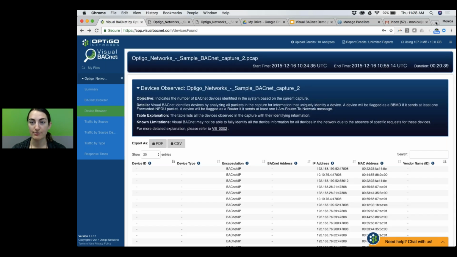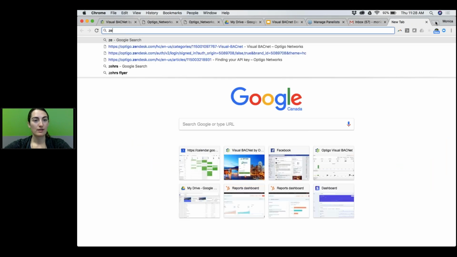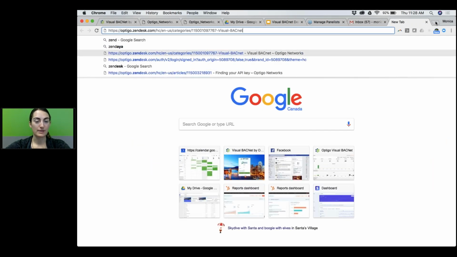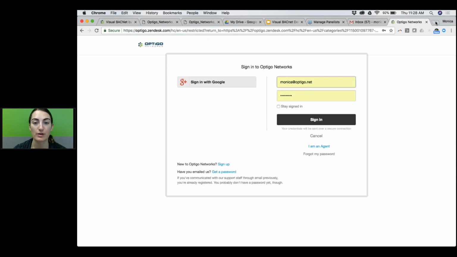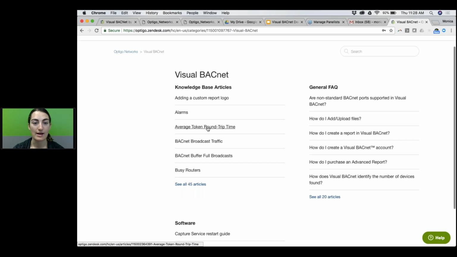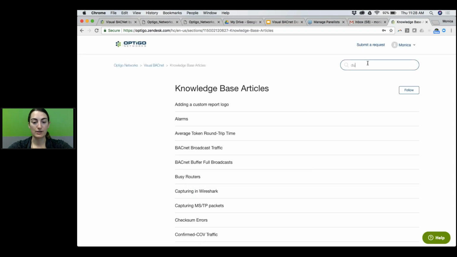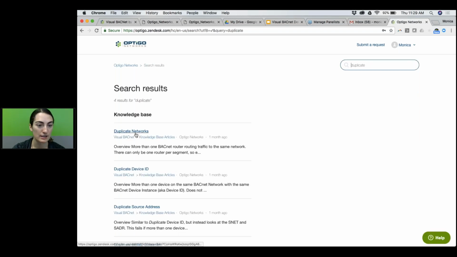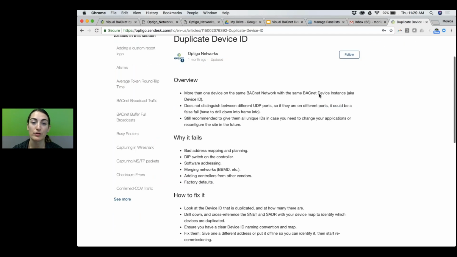We also have an Optigo help desk, a support forum. You do need to make an account, but it's free. And if you log in, every single diagnostic check has an article on it. For example, I was looking at duplicate device IDs. We'll just search duplicate device ID, and this article will give you an overview of what that check